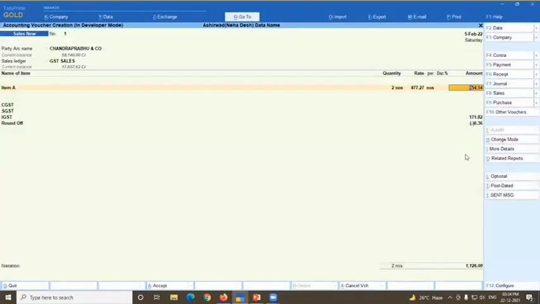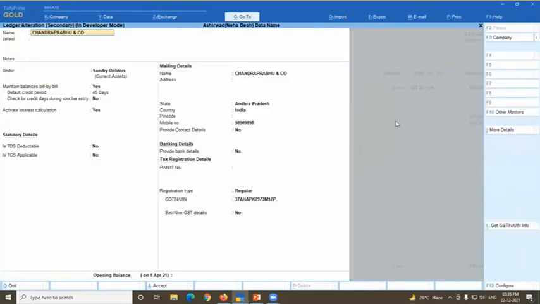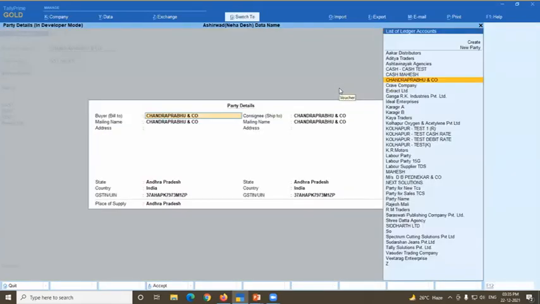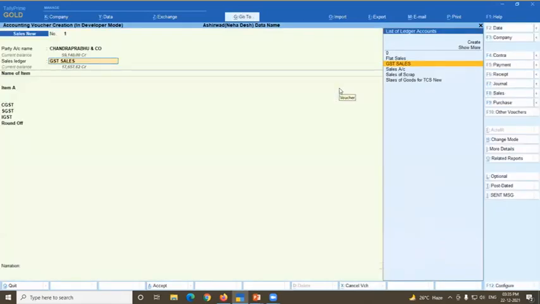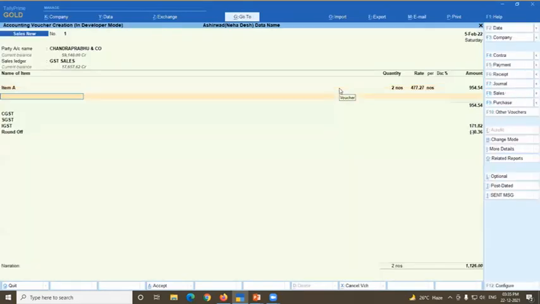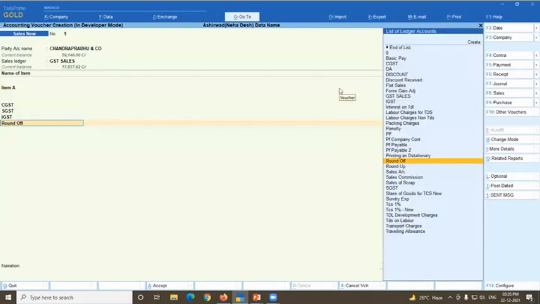See, CGST, SGST automatically calculated. Okay, so in that case, the party is not from Maharashtra, the party is from Karnataka or out of Maharashtra, see here, Andhra Pradesh. So in that case, IGST is calculated. So logic is already considered by Tally because of default accounting allocations configured. Okay, and here you can select or modify the ledgers also.